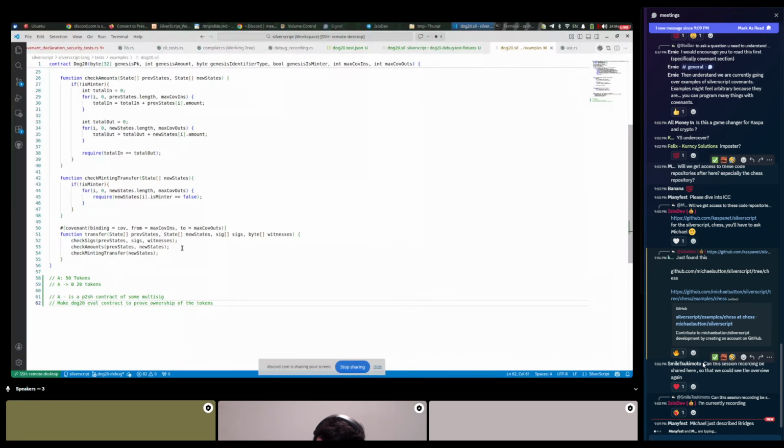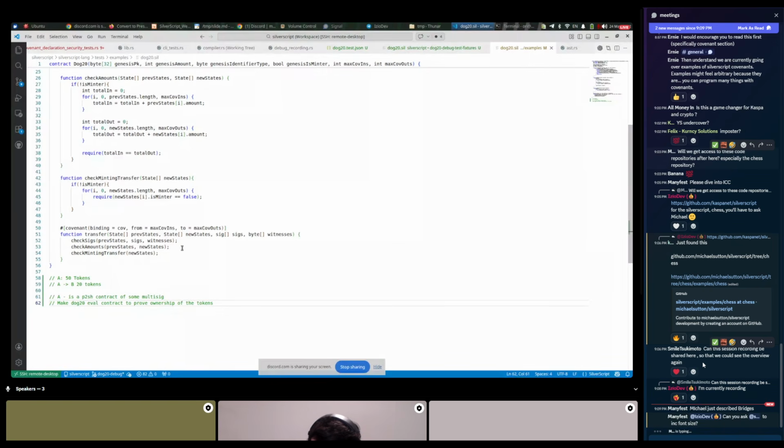So we want to enable the doc20 contract to execute some arbitrary logic inside it. But this is pretty problematic in a script language that is not intended to be Turing complete.